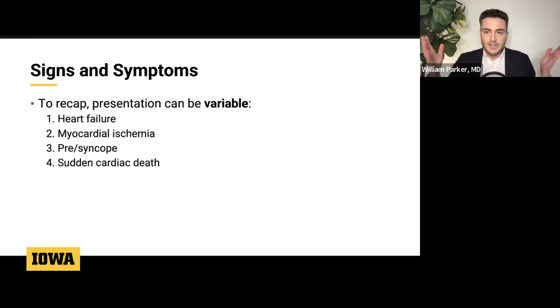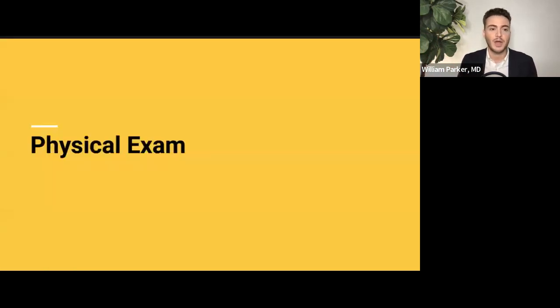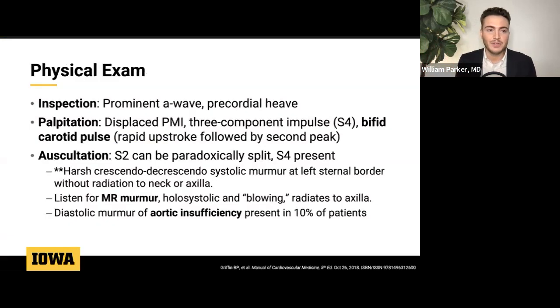So to recap, what does a hypertrophic cardiomyopathy patient actually look like? And the answer is they don't all fit a certain bill. They can look like any of these things that we commonly see coming into the emergency department that cardiology is consulted for: heart failure exacerbation, ischemia, syncope, or death status post resuscitation. And in the back of your mind, whenever you see that, should be, well, could the underlying disease be hypertrophic cardiomyopathy? Physical exam, I'm not going to belabor too much, but in short, with inspection, you can get